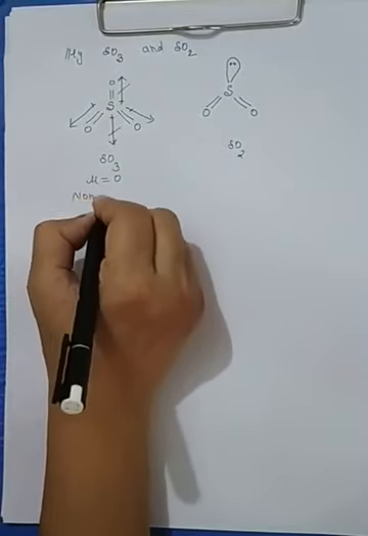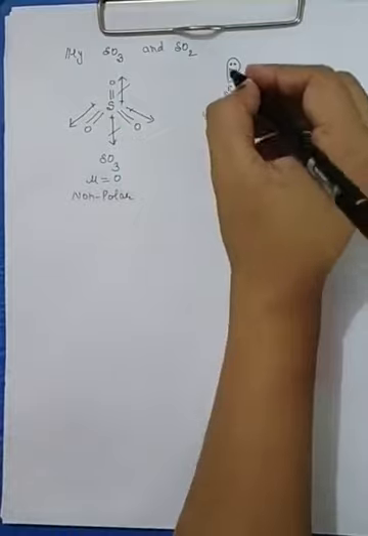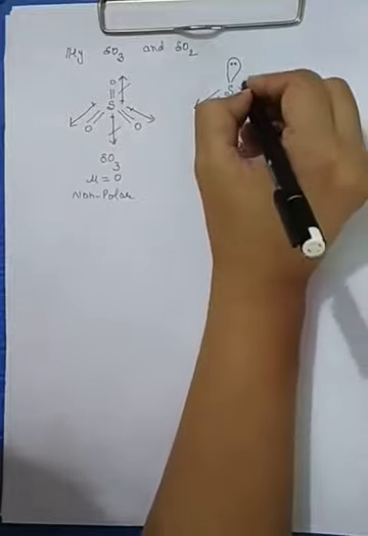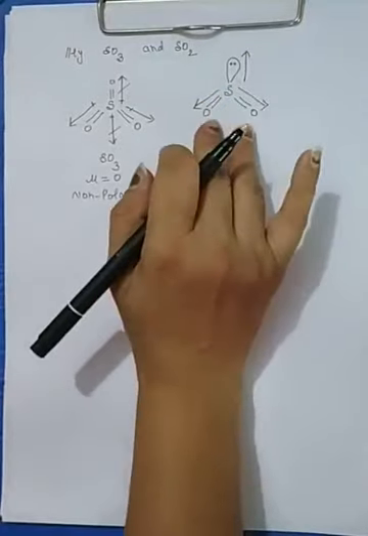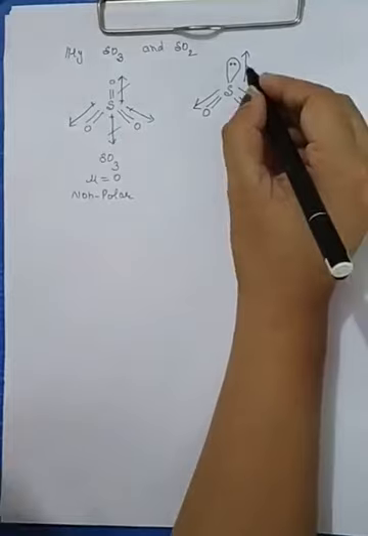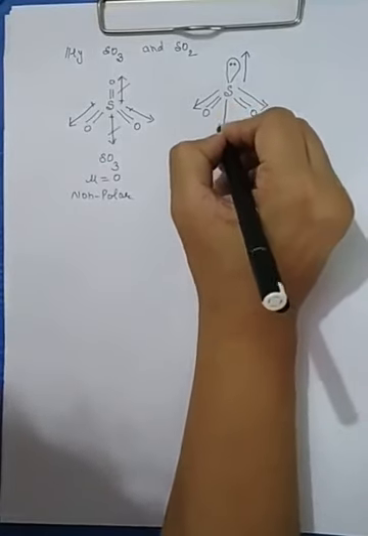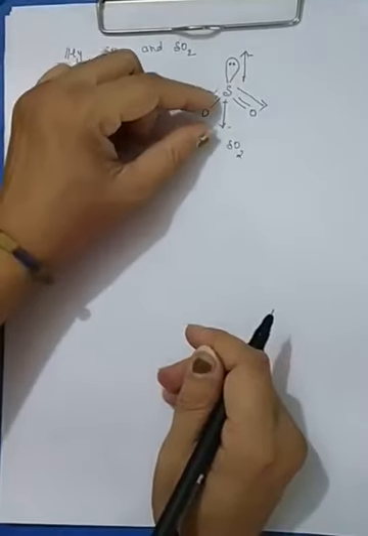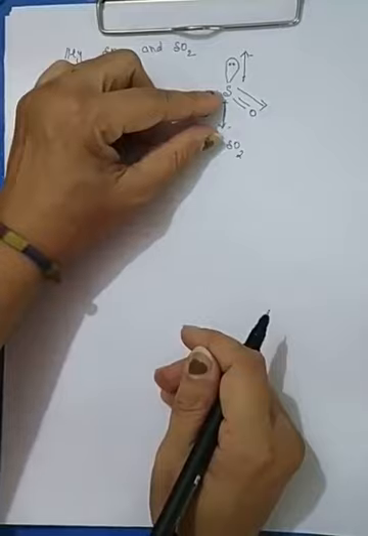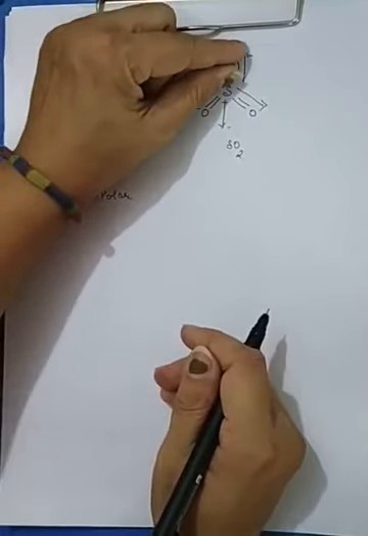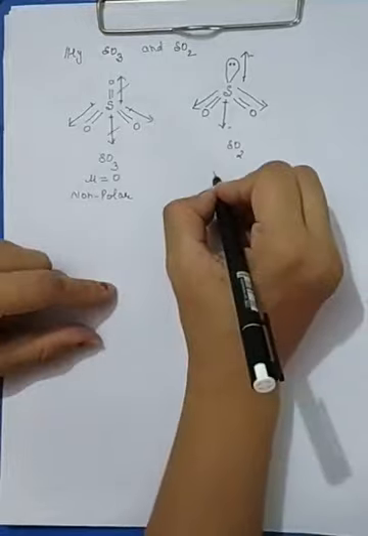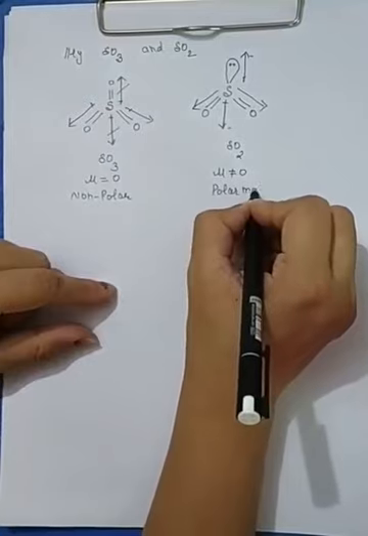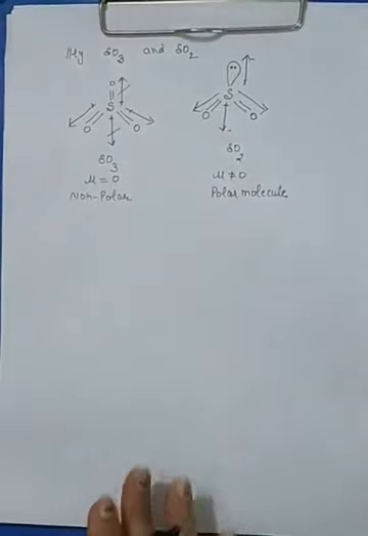So SO3 is non-polar, but in this case the dipoles, as they also have the same direction, but their value is not the same. When the magnitude is calculated, then the value of dipole moment of this bond is not the same as this one. It means its mu is not equal to 0. Hence the molecule is a polar molecule,